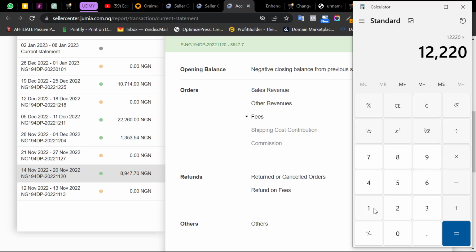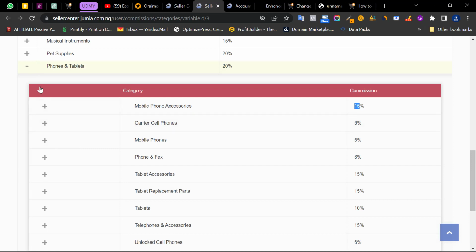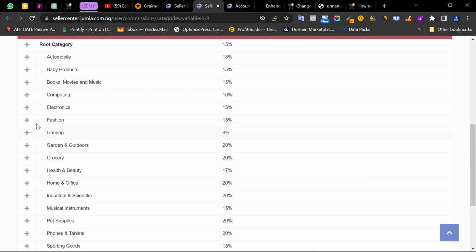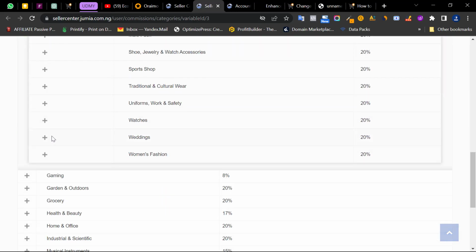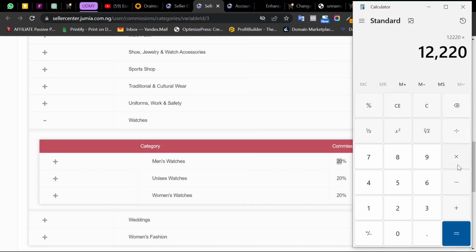Now if you multiply this by, let's look for the category. This particular product here is a wristwatch. Now let's look for the wristwatch category and see how much is the selling commission, or how much commission Jumia is charging. So we go to fashion and scroll down to where it says watches. Jumia said 20%. So if we're paying 20% for this particular product, Jumia should take 2,440. But no, we are not paying 20%. What we're actually paying is this. We are paying 21.5%. So if you multiply this by 0.215,